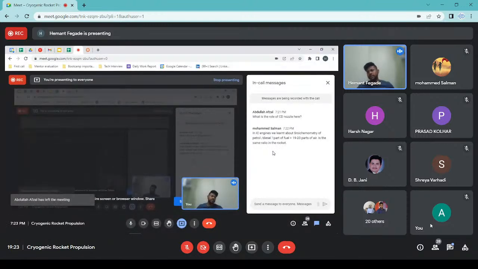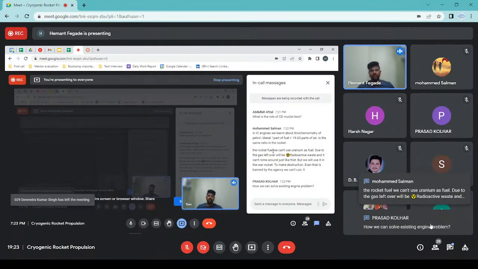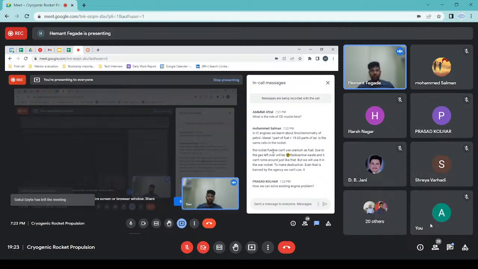In IC engines, we learned about stoichiometry of petrol, diesel, 1 part of fuel plus 19-20 parts of air. Is it the same ratio in the rocket? I'm not sure about the exact ratio they are using, but necessarily the mixture ratio depends upon oxidizer mass upon fuel mass. So yeah,